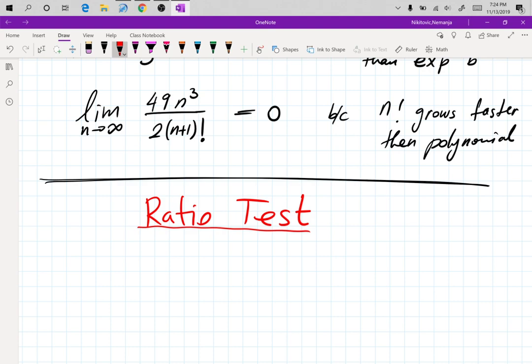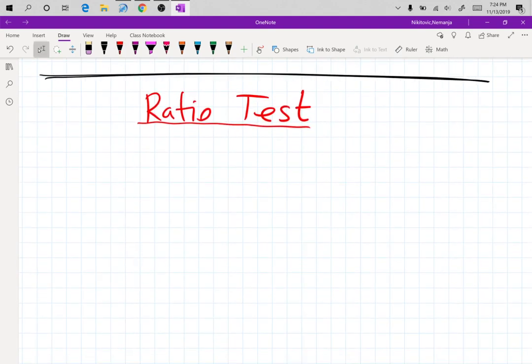So ratio test is going to be used later in chapter 11 to figure out the radius and interval of convergence of power series. And ratio test is pretty much the only one you're going to see later on when you deal with sequences of series down the line in your other courses, let's say maybe in discrete math or some of the other courses, including your computer courses, engineering courses, and so on. So ratio test is the boss, and ratio test has a very simple rule